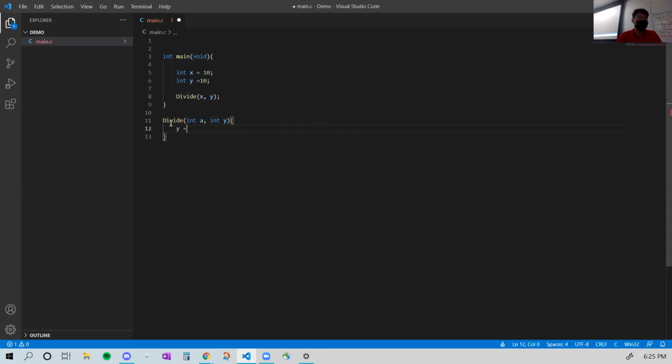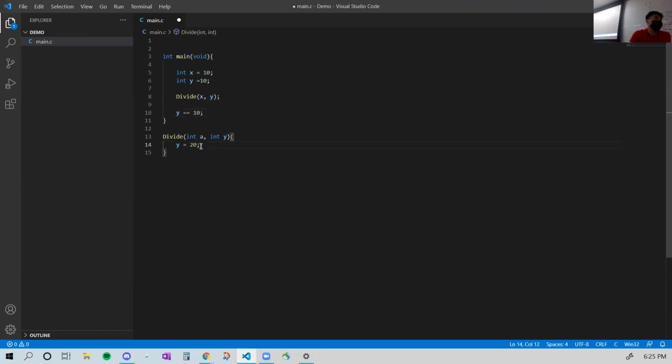If you modify any of the variables you pass through there, let's say you make this 10, and you call this, okay, that's a terrible example. 20. Okay, there we go. So you pass divide, x is 10, y is 10, right? You go into this function, you change y to 20, and then you get out of this function. If you check whether y equals 10 here, this is going to be true because